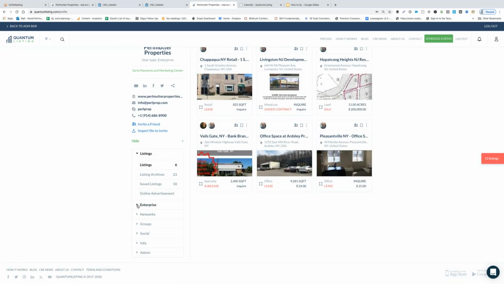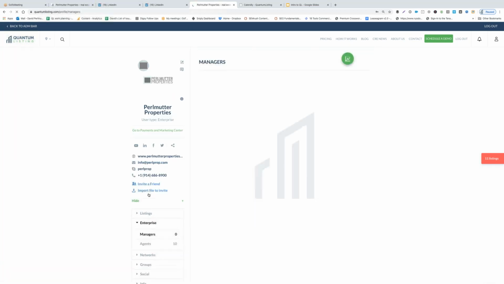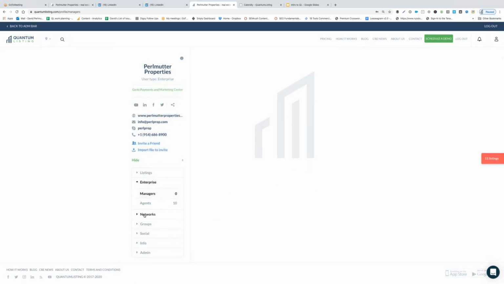All right, enterprise. And then managers, I don't have a marketing person on staff. I'm very hands-on with the stuff, so I like adding the listings and all that. But if you wanted to add a manager, you would make sure managers is highlighted here, and then we're missing a button, I think. Hang on. All right. But there should be a little button where you can add a manager there. So Julia, make a note of that, please. So then the next item on networks is